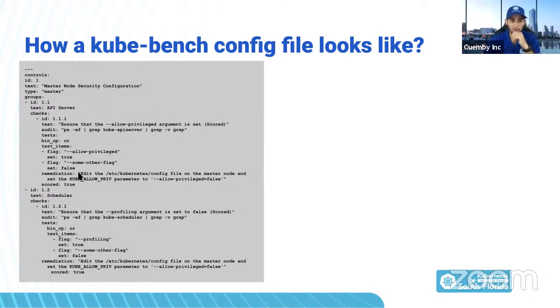And the remediation basically tells you, if by any chance this specific command that you're running fails, it basically says that no, this is actually not good or it's not set, you provide a way to solve it. And this is actually something that saves a lot of time, because you can either use the remediation as guidance, like, all right, so let me go back now and fix it. Or you can make it in a way that you can even automate it.